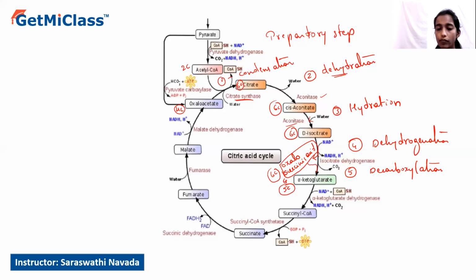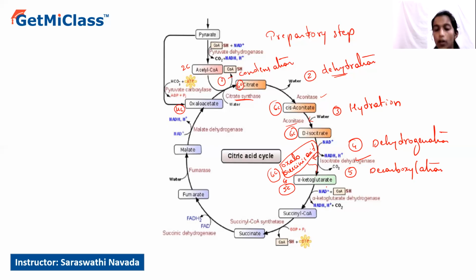And during the dehydrogenation, the hydrogen ions donated by the isocitric acid will be accepted by the NAD plus, and it gets reduced into NADH and H plus. Both the formation of oxalosuccinic acid and alpha ketoglutaric acid are catalyzed by the same enzyme that is called isocitrate dehydrogenase. So this enzyme catalyzes the conversion of isocitric acid ultimately into a 5-carbon keto acid called alpha